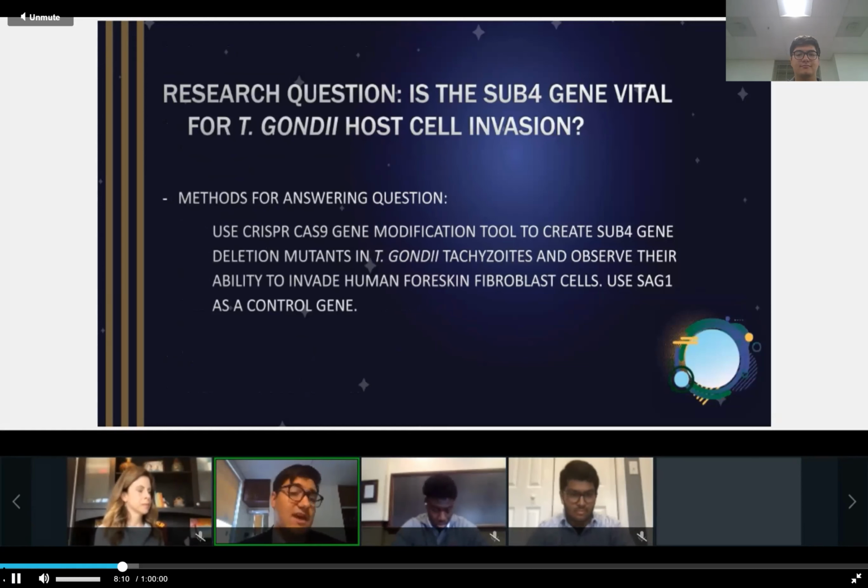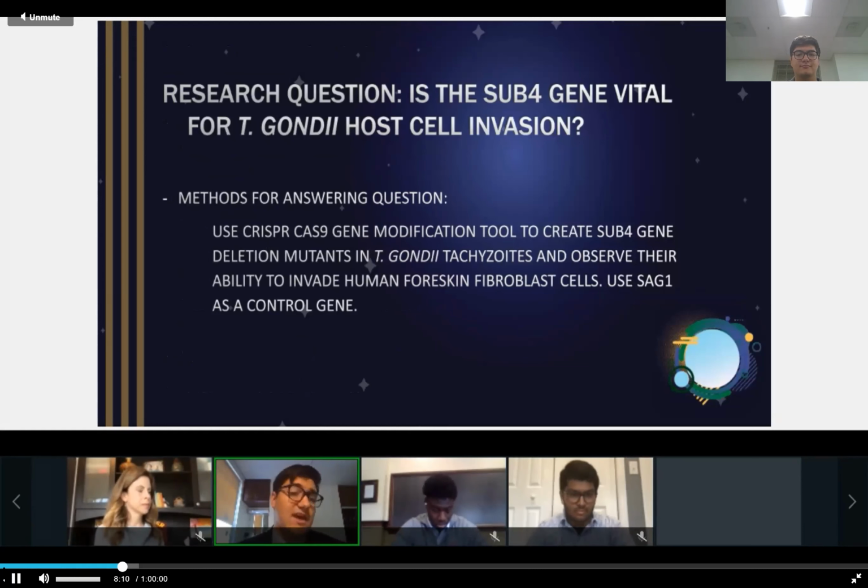So the first step is creating primers that will allow the constructs I create to identify the SUB4 gene when put in with the Toxoplasma gondii. So we need to make 6 different ones. 2 of them are going to be at the 5' beginning area of the SUB4 gene, and then at the 3' end. And these are for the Cas9, which is the tool that's used to make cuts, to be able to identify the SUB4 locus. And then 2 other primers we need are 1 upstream and 1 downstream as homology flank primers.